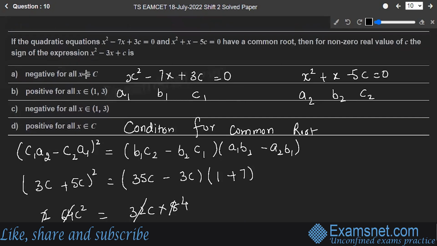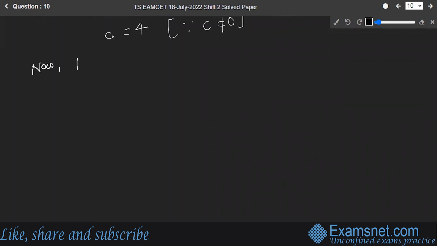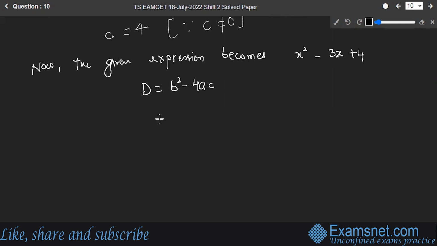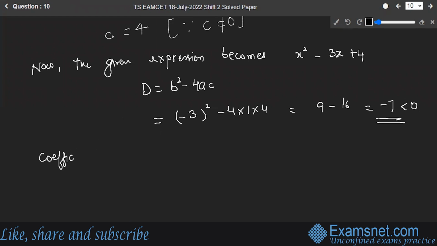Now the given expression becomes x squared minus 3x plus C, which becomes x squared minus 3x plus 4. Okay, this is the expression, not an equation. Now, to find out its nature, its discriminant, the formula is b square minus 4ac. The discriminant can be given as minus 3 square minus 4 into 1 into 4, which is equal to minus 7, which is less than 0. That means, also, the coefficient of x square is equal to 1, which is greater than 0. Hence, the given expression is positive for all